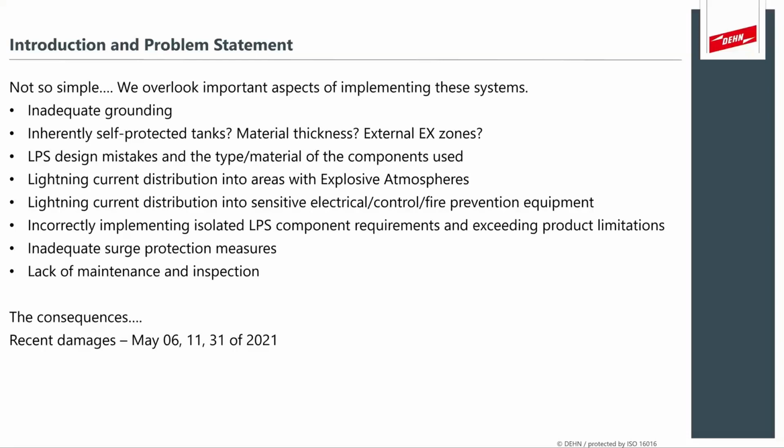And there, again, we have certain requirements like the material thickness and whether that is adequate, as well as if it's not a sealed metallic tank, but there exist external explosive zones where the charge of the lightning current would cause melting or sparking. And then next, we often make a lot of LPS design mistakes, like, for instance, implementing this bonding distance calculation